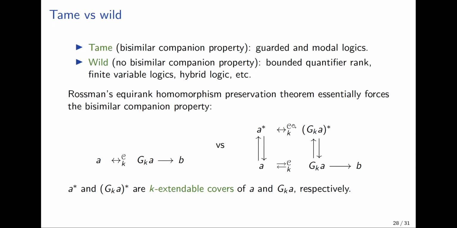If you can do this, then instead of chasing the diagram this way, you can go this way around and conclude that if A is in D, then so is B. The problem then becomes to show that you can construct these K extendable covers of the objects A and GK of A. And this can be done in the axiomatic framework, but you need to add some assumptions, some axioms